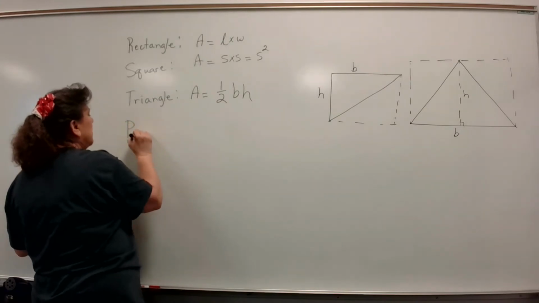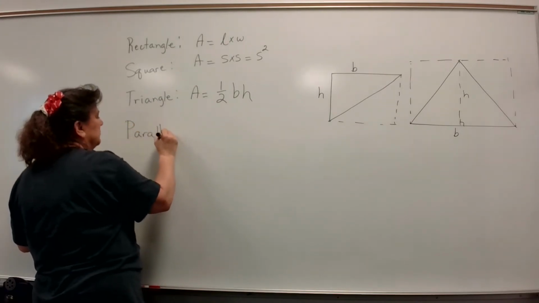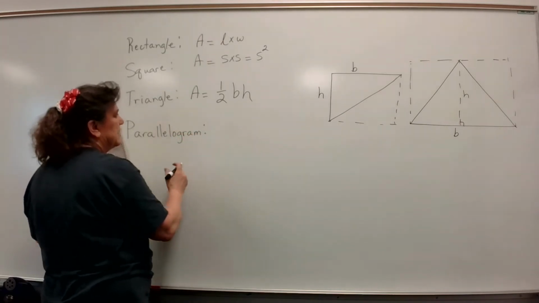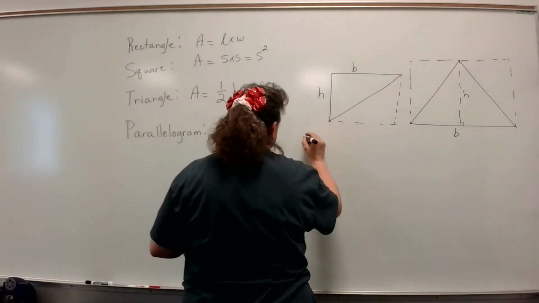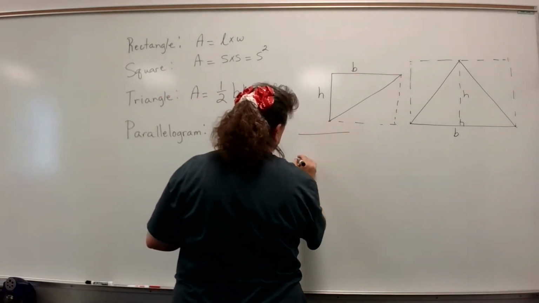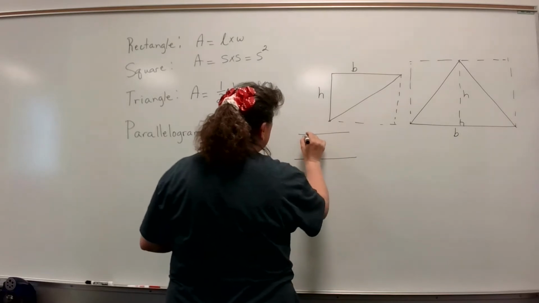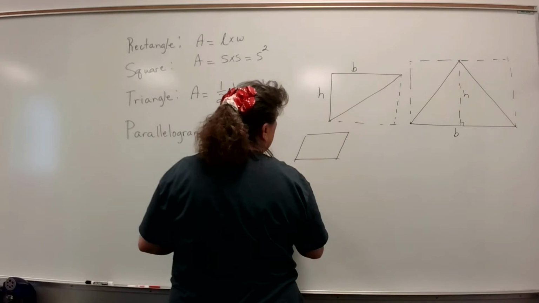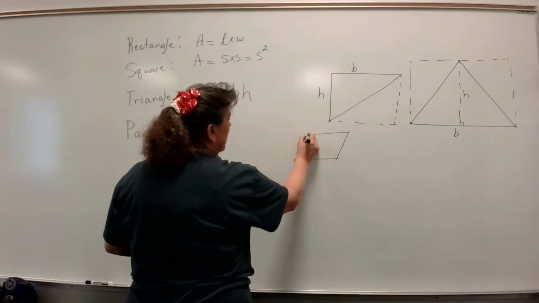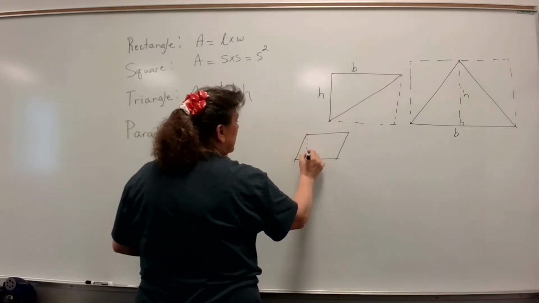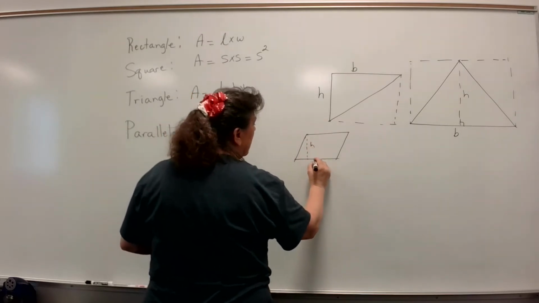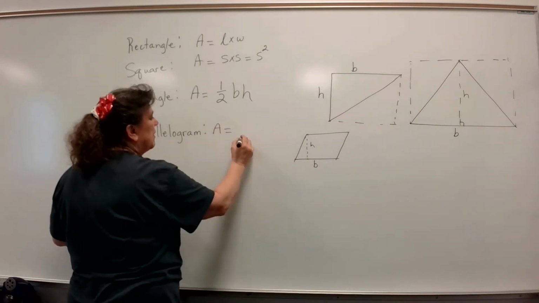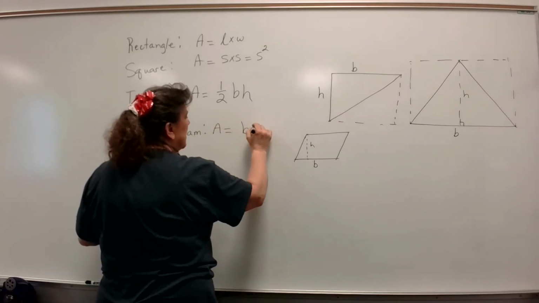A parallelogram. Do you remember what a parallelogram looks like? So let's get a picture of a parallelogram. Remember, it has parallel sides, and it has two pairs of parallel sides. And because it's not necessarily 90-degree angles, we're going to use the height of this and the base, okay? So the area of a parallelogram is base times height,